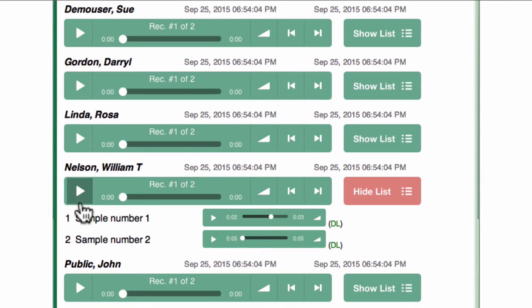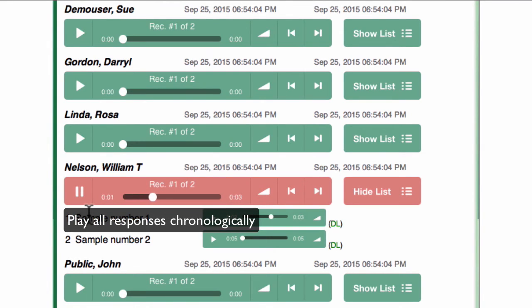That's a pretty good answer. But wait, what is this big play button located right above the two samples? Good question. If I hit that,